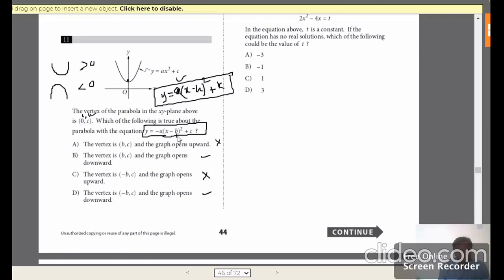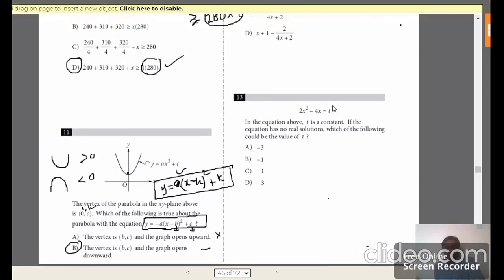So as I said, it is C, B and the vertex is C. So as I said, the upward options go, so we are left with only two downward options, but among that also, as you can see in the formula, we have negative already. So if I take this negative vertex, it is going to be wrong. So the only thing is it has to be positive, because if it is negative, negative of the formula and negative of this will give me plus b instead of minus b. That's why b is the correct option.